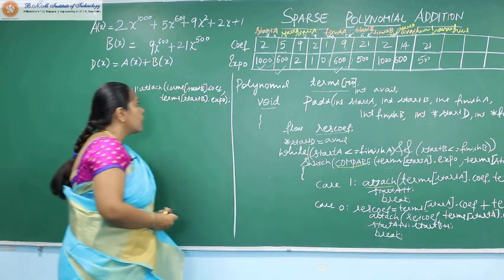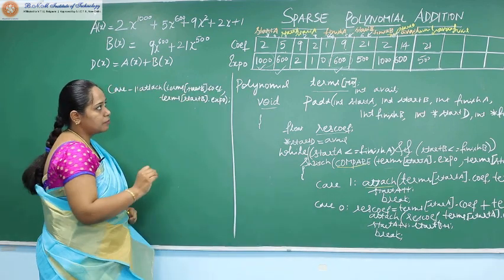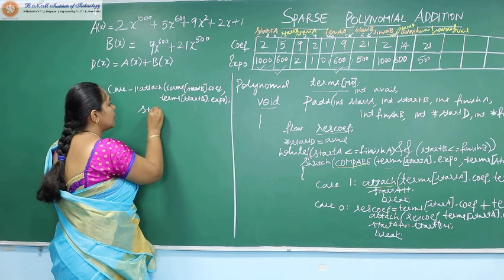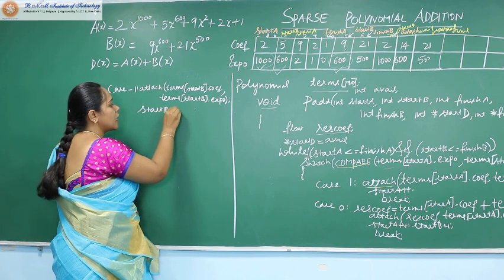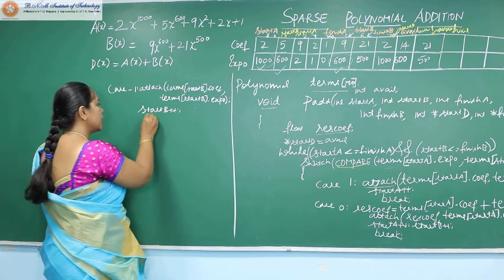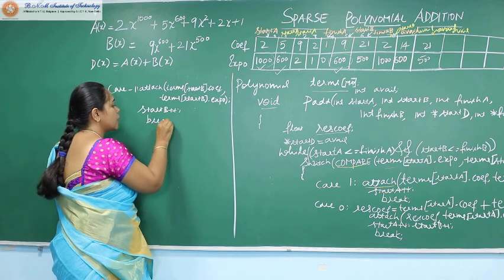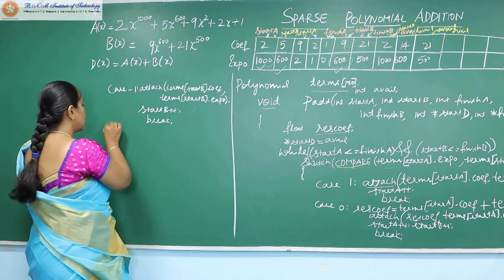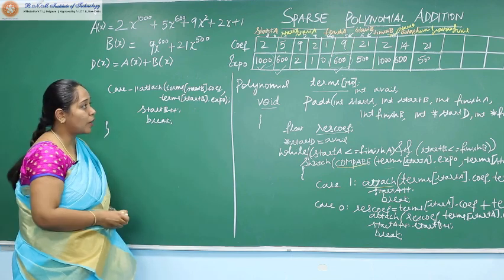Now, start B term is over. So which means I have to increment start B. I have not disturbed start A in this case, but start B goes ahead. So start B equal to start B plus 1, and that's all that I have to do. So I give a break condition and I close the switch case. So automatically the while also closes.